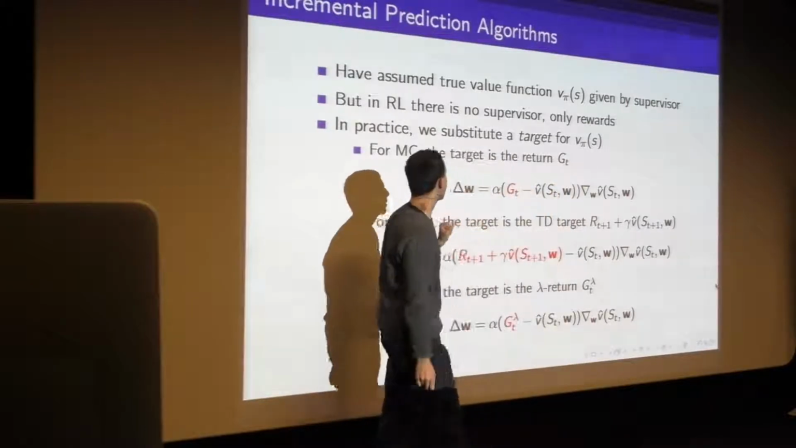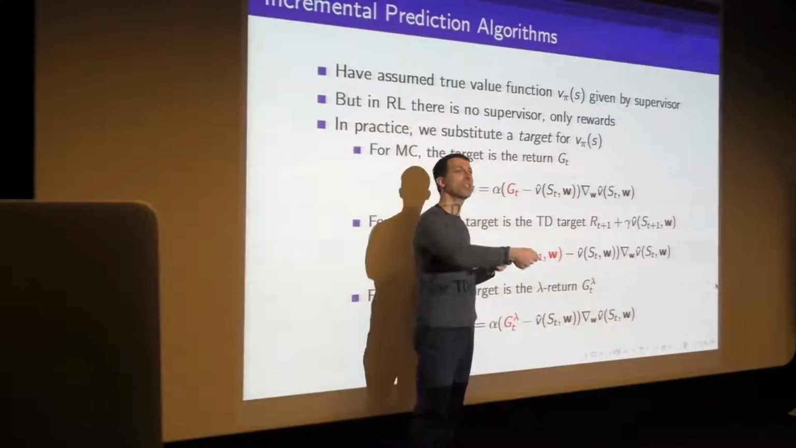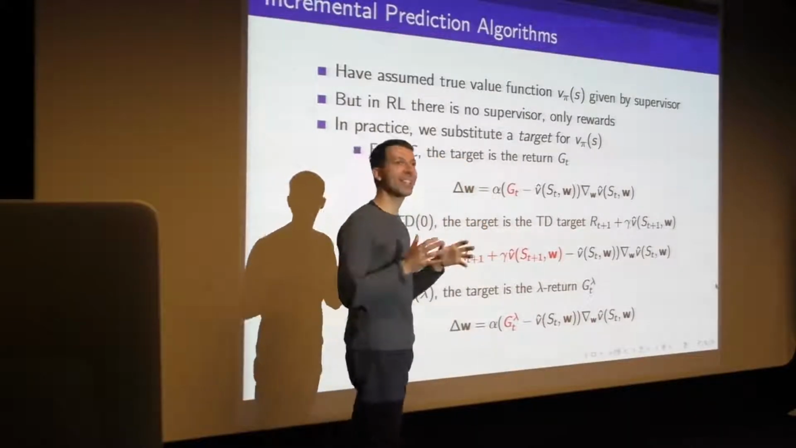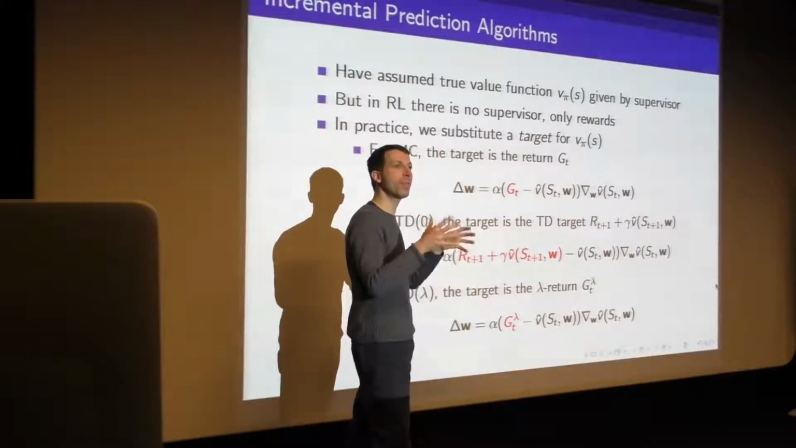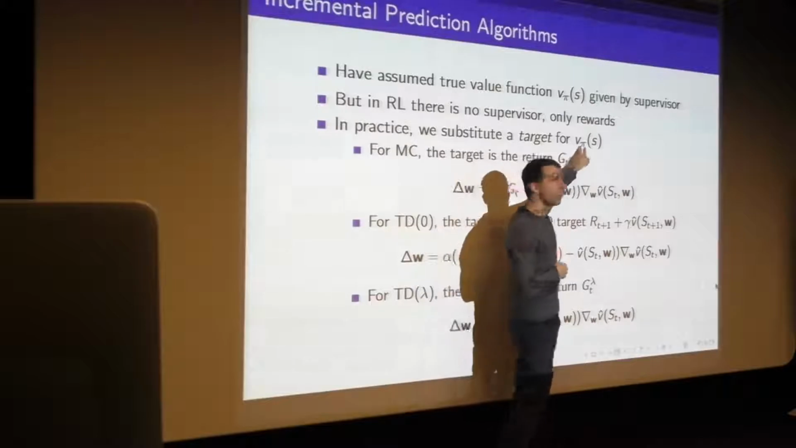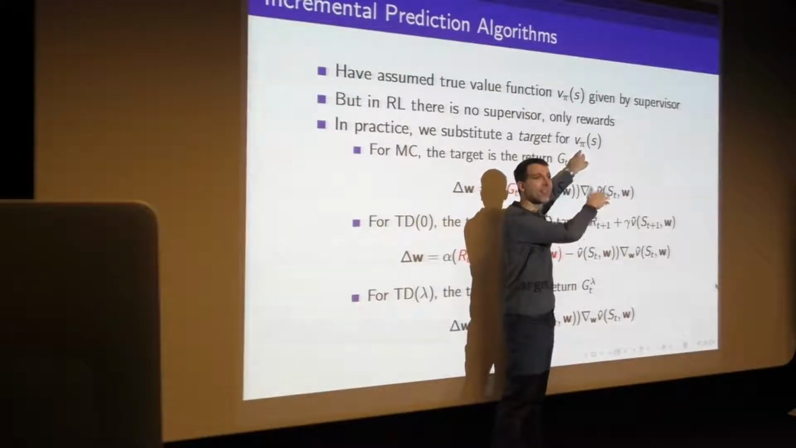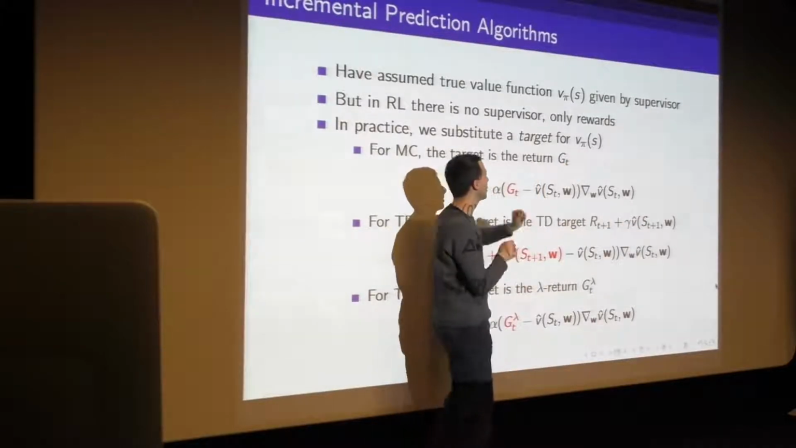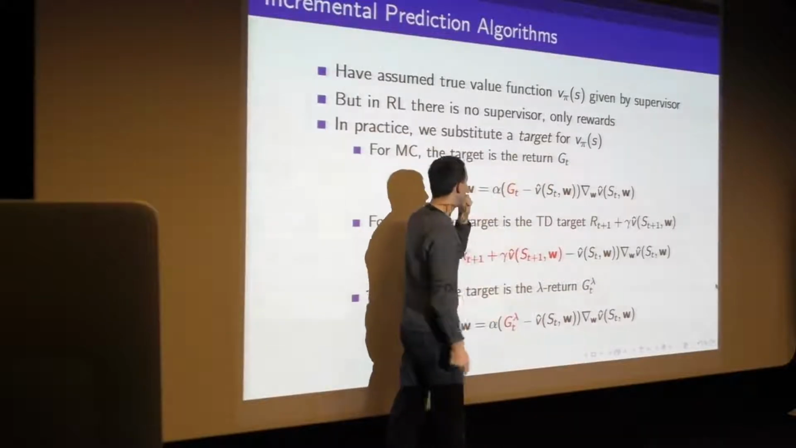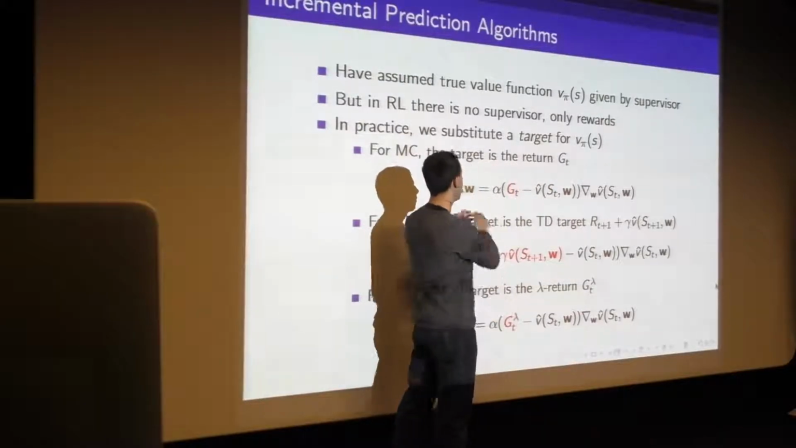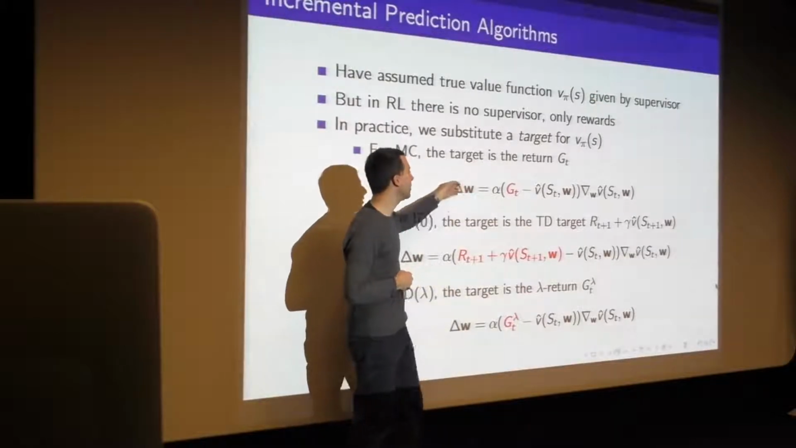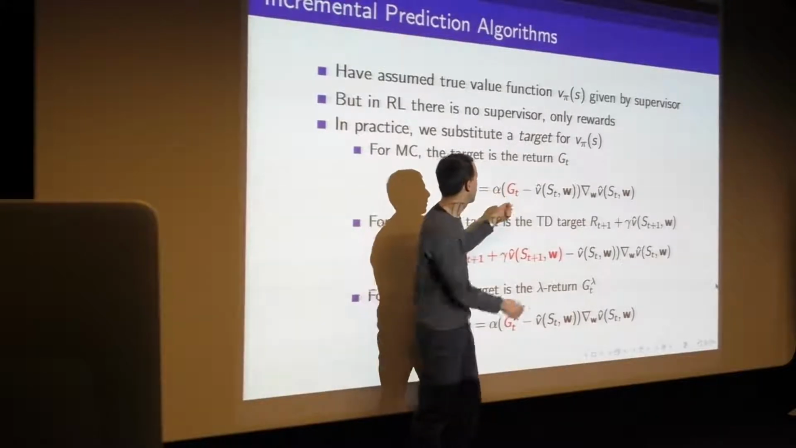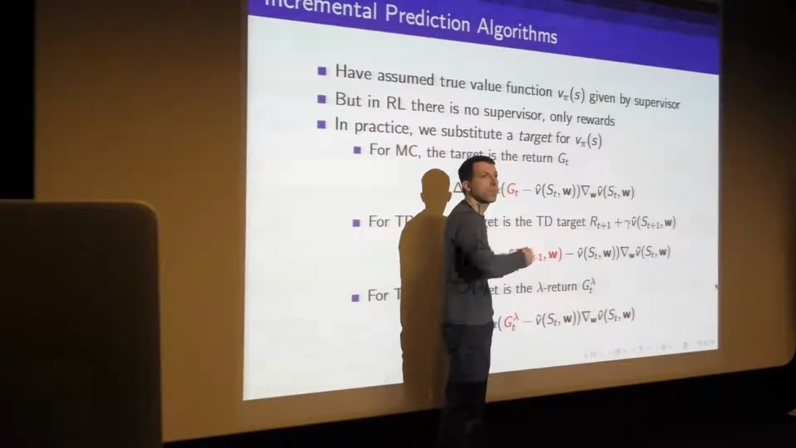And so the idea is that we're now going to do this by substitution. Think of this as a copy and paste exercise, in that we've developed an algorithm for supervised learning. And now, wherever we saw v pi before, we're going to copy and paste some other target instead that we arrive at through a reinforcement learning method. So the first thing which we're going to paste in is the return. What this algorithm says is, the change to our weights is we're going to move a little bit in the direction of the error between the actual return